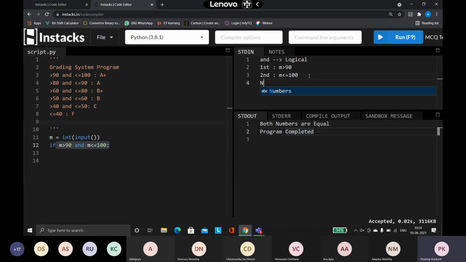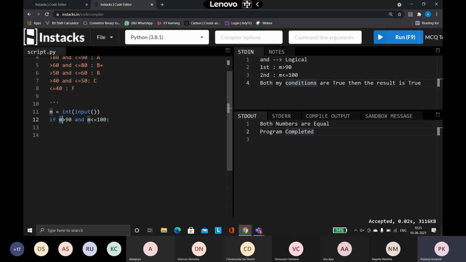When both my conditions are true, then the result is true. Please understand this: when both my conditions are true, the result is going to be true using my AND operator.